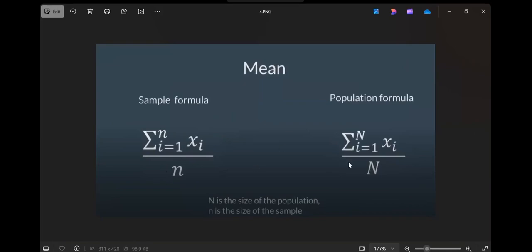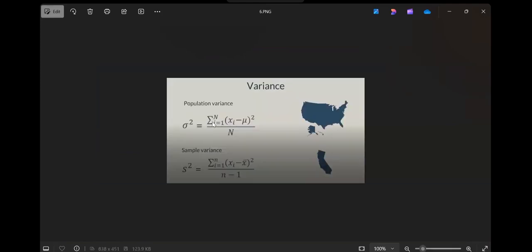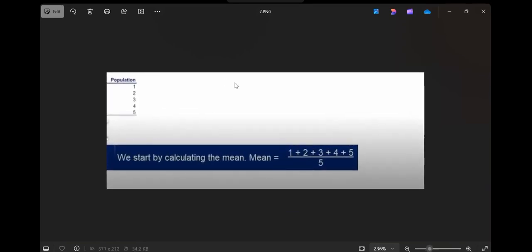Do you understand this mean formula or not? Now don't ask why it's capital and this and that; that's the formula. Population means the entire record. Sample means a few records. But in this data set, just to explain the concept of variance, we use a small data set so that every non-technical person can understand.